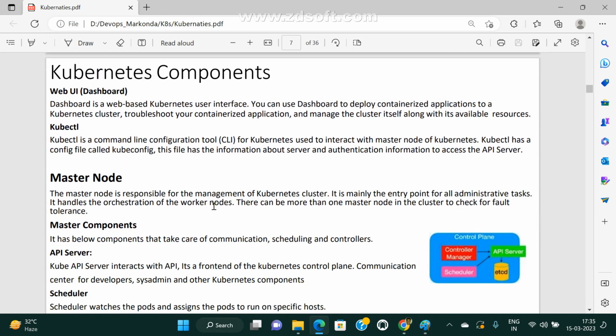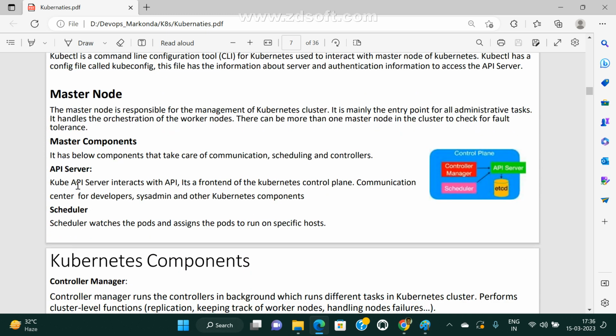Now see here, what is the API server? The kube-apiserver is the front end of the Kubernetes control plane. It is the front end and communication center for developers, system administrators, and other Kubernetes components. Whichever component you want to interact with, the request first reaches the API server.